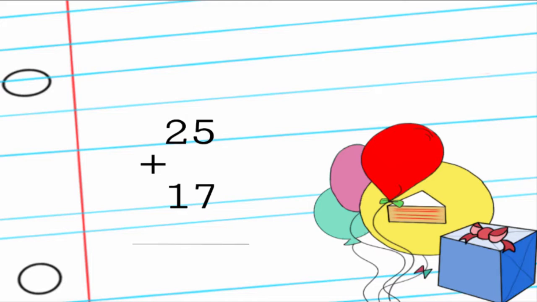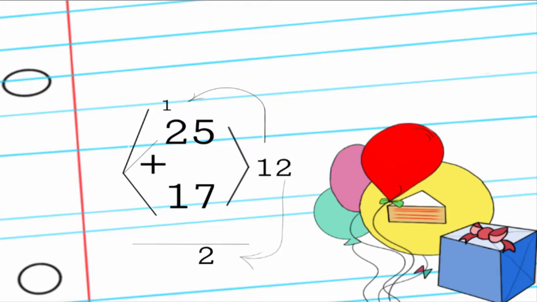We'll start this problem out by adding the numbers in our ones place. That means we're going to take 5, add 7, and that'll give us 12. Since I can't put 12 completely down there, I'll put the 2 from the 12 in the ones place. And I'll put the 1 from the 12 over in the tens place. And then I can combine that 1 with the other 2 and the other 1, which are also in the tens place. 1 plus 2 plus 1 is 4, and that 4 goes in the tens place, giving me a sum and result of 42.